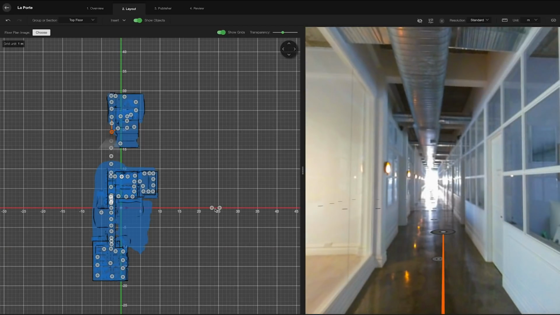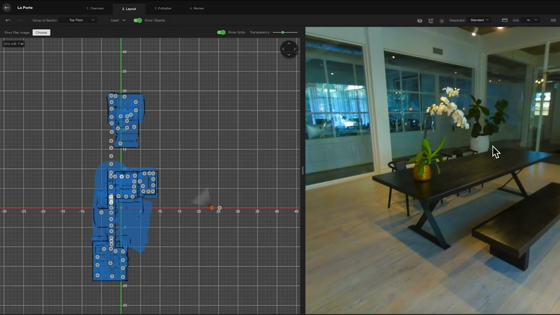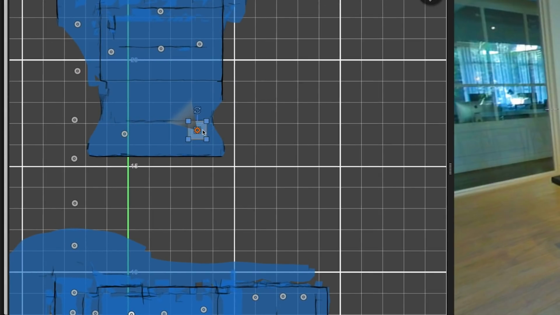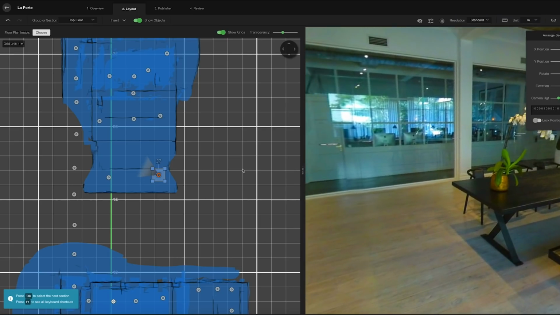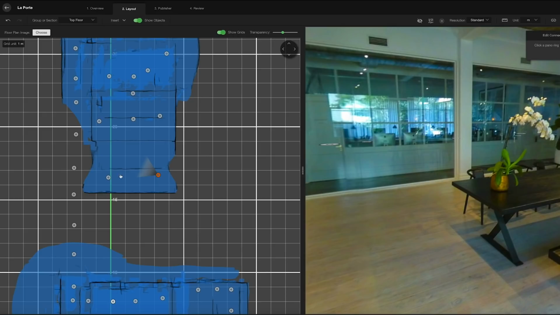We have 2 more photos here that weren't connected properly. Let's take a look at them. So we have one inside the little room, which I know goes about there. So what we do is we right click this and we go select enclosing section. And now we just want to move that into place. I think that was roughly about here. Let's zoom in nice and close. And that looks about right. So now we want to right click and go lock position. And when we right click again, we can edit connectivity. And we want to connect that up to this one, to this one.